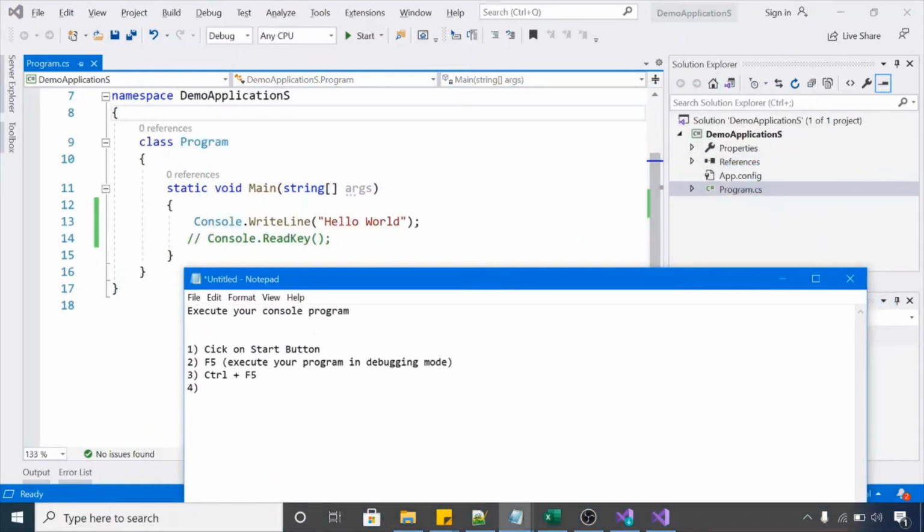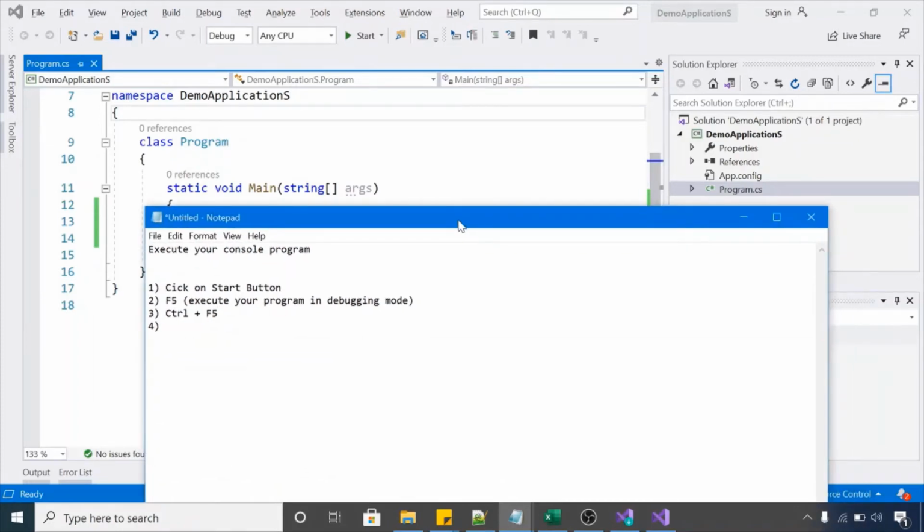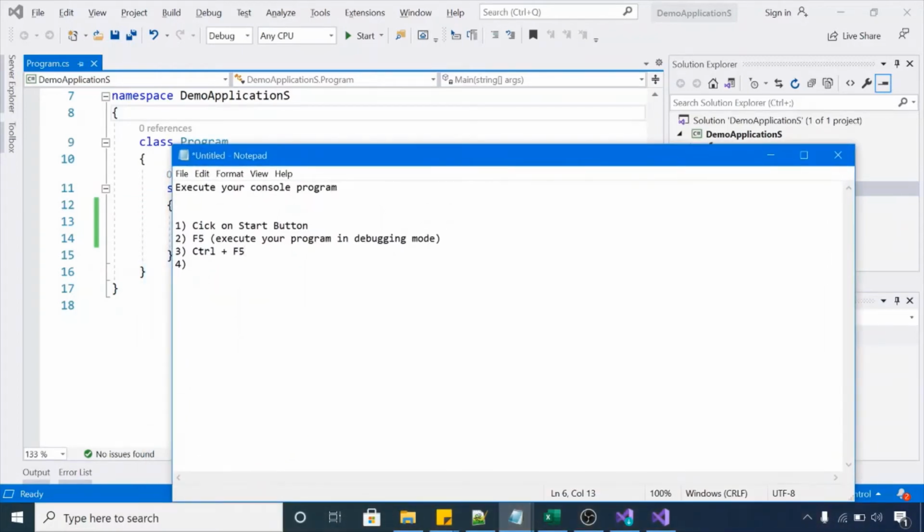So this is a very basic demo of creating your first program in Visual Studio and how to execute your program in Visual Studio. Okay, so I recommend execute your program using Control plus F5. It will execute your console application, and it will wait for you to enter any key before closing your console.